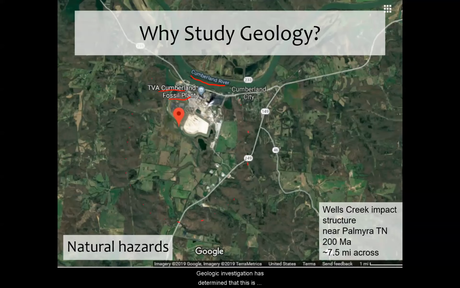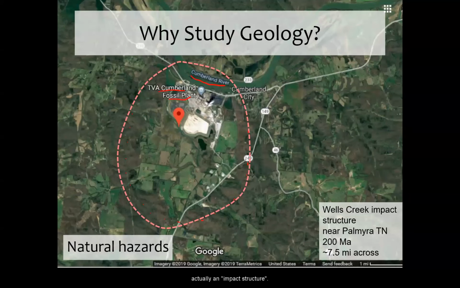Geologic investigation has determined that this is actually an impact structure. And what I mean is that we had a meteor that came in, streaked in, and hit this spot about 200 million years ago. That's what 200 MA means. It's 200 mega annums, million years. So way long ago, 200 million years ago, this meteor hit at this spot in Tennessee, and it caused this impact structure. It was a crater at the time, probably, that was 7.5 miles